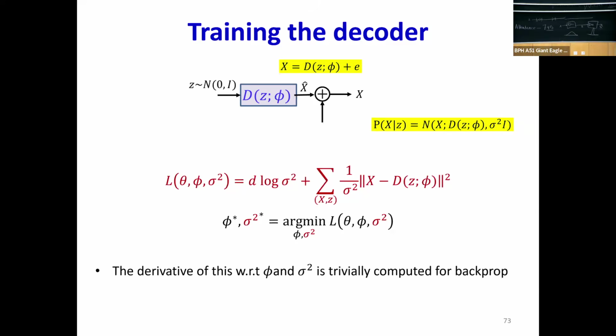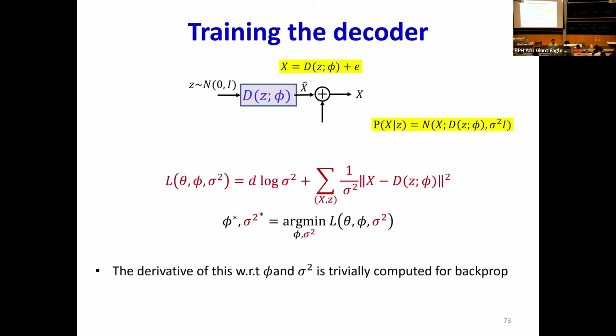And so this is just maximizing the log probability, or minimizing the negative log probability, of the noise. And again, we know the distribution of the noise. If I give you the z, I give you the x hat. If I give you the x hat, then the probability distribution of x is just a Gaussian, which is just the distribution of the noise itself with the mean shifted to x hat. So I can compute the probability of x on this distribution, which is this term here. This is the negative log likelihood. I want to minimize it. Alternately, I'm maximizing the probability. That sounds very mathy, but the basic idea is just that.